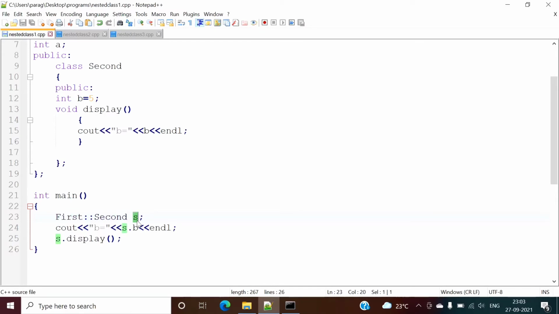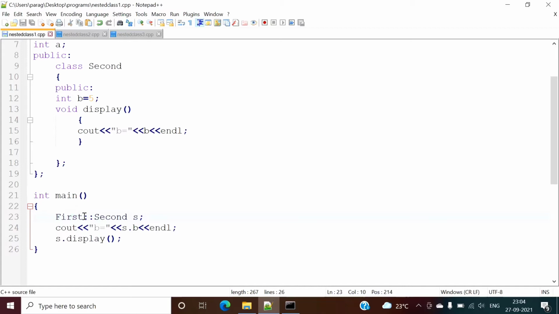You can write the name of the object. Once the object is created, then you can access components of this nested class. So here you can see b is defined here, so we can access b like this, using the object of the second class: s.b. Then we want to access this method display, so s.display. Here s is the object of the second class, but second is a class which is a part of the first class, written inside the first class.